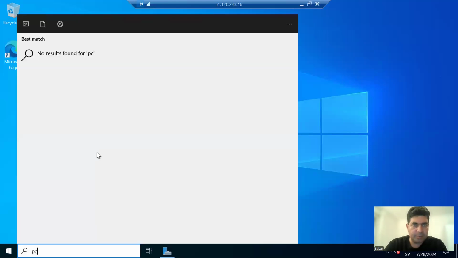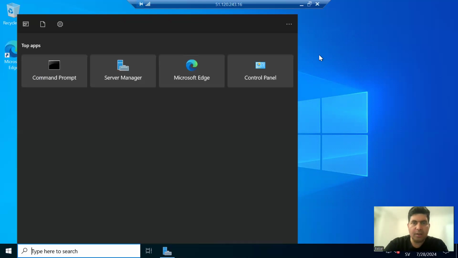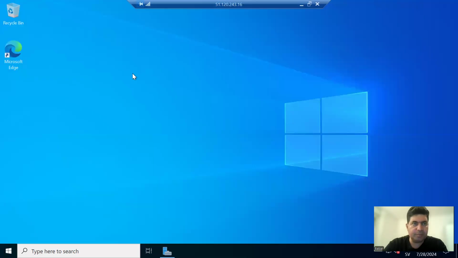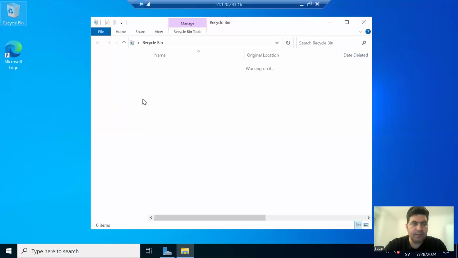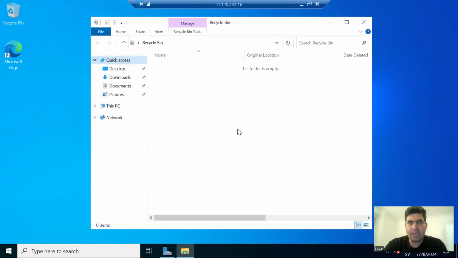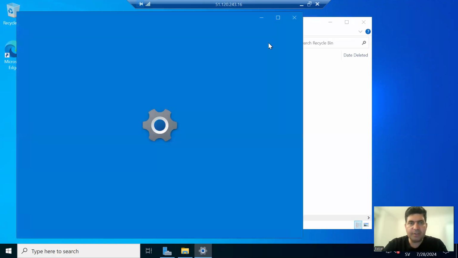When I look, the PC is not here. What to do? Click on the server manager. So this is the server manager we were in before, and when we click here, the PC is here. And we go into the properties, and when we go on the properties, it shows